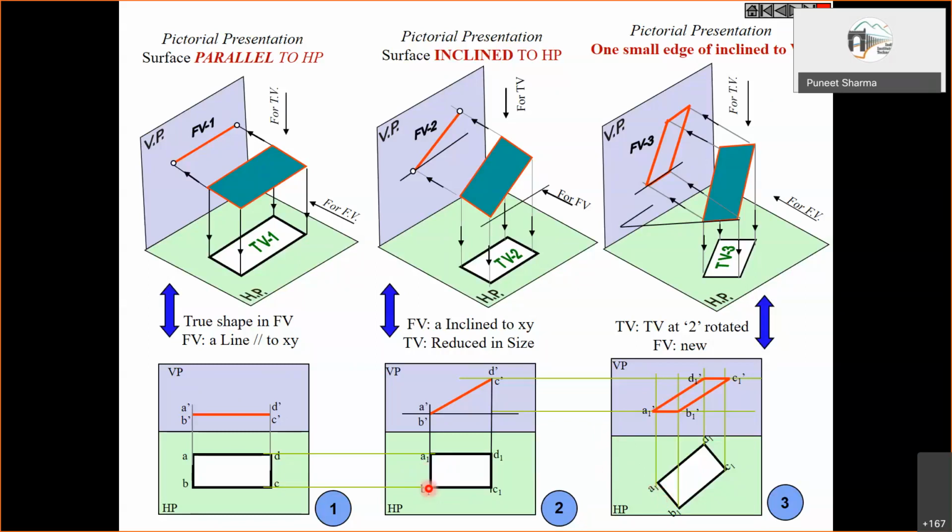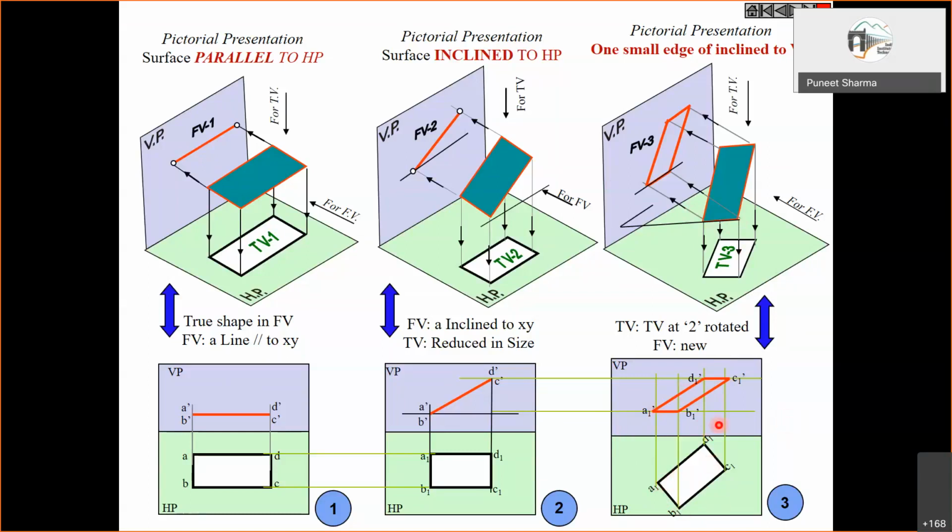Then we'll draw this at 60 degrees here, and the rest of the figure we'll reproduce from whatever top view we have here, by keeping this relevant edge at the desired inclination to the XY line. If we keep this at 60 degrees with XY, that will amount to this edge being kept at 60 degrees with the vertical plane. Okay, so we have this, and then after redrawing this,